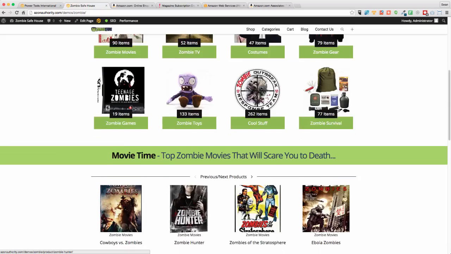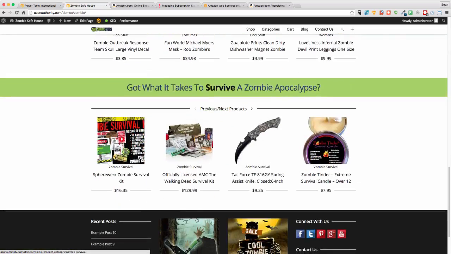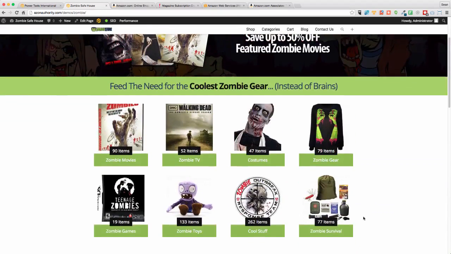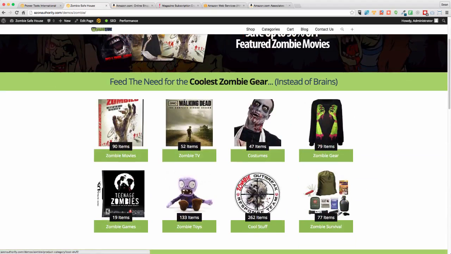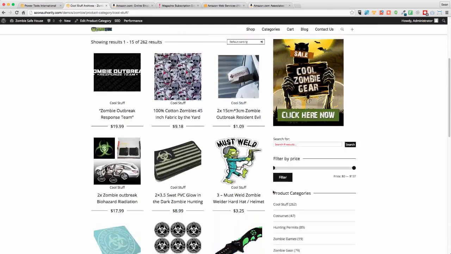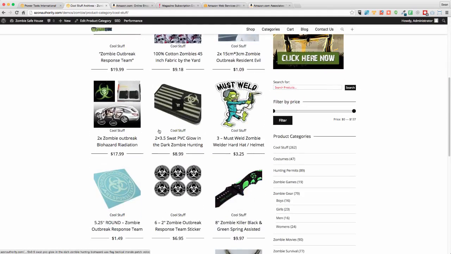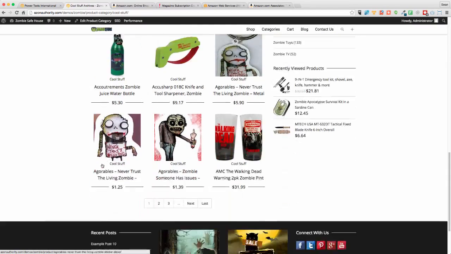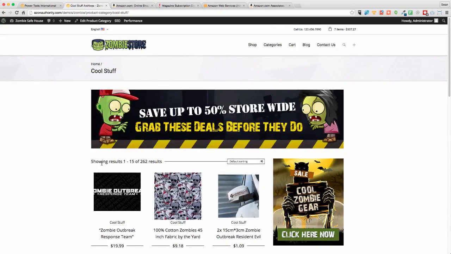If I was going over here, let's see what we've got. The zombie leggings or something like that. Not that I wear those zombie leggings, but maybe my wife would. Or the zombie bug out bag, or the zombie outbreak sticker, or a cool zombie toy, I think that's from Plants vs Zombies. But you can see this is just fun stuff. There's just amusing stuff that you might buy on an impulse to say, "Damn, that's cool." That kind of stuff works out pretty well. You just get a little bit of a kick from that, and you've got no practical use for it.